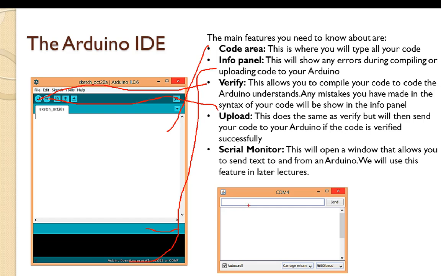This is the serial monitor. The serial monitor is used for console testing. I will come to this part when we are working on the coding part.